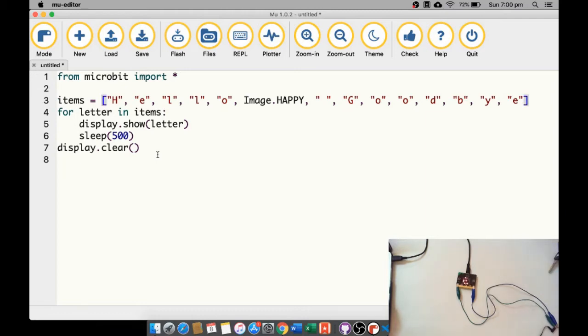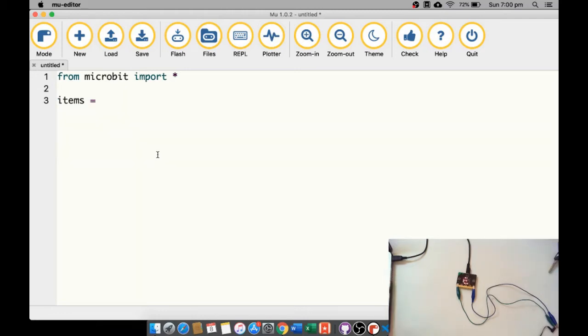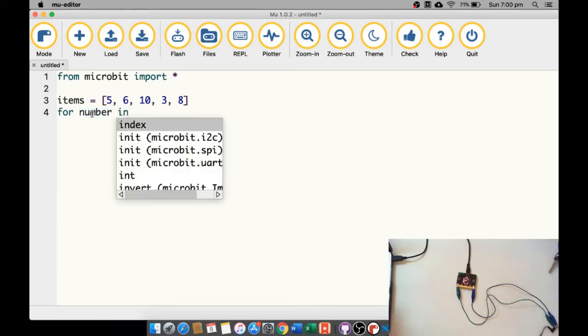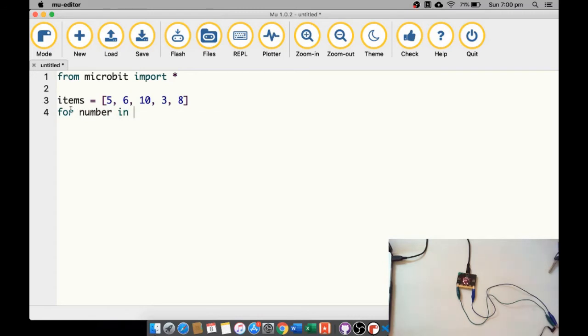Let's get it to do something a little more meaningful with this. Perhaps we can get the Microbit to automatically add some numbers together. All right, so again, I can create a list of values, and I can do 5, 6, 10, 3, 8. So here's a set of numbers, and I can say for number. In the same way I use the word letter, I can call this whatever I want. I'm just making up a name for the variable that is meaningful to me. So for number inside my items, if I want to add them together,